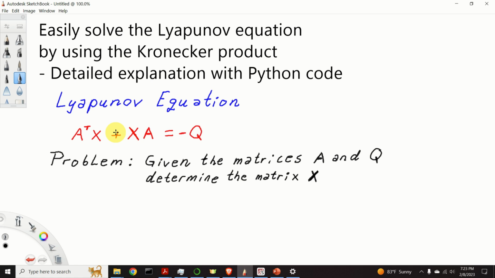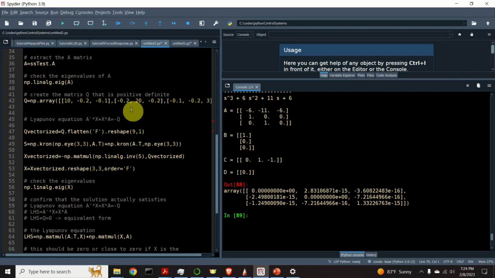In these tutorials we present real and applicable knowledge of control engineering, machine learning, signal processing, robotics, etc. In this video tutorial we explain how to easily solve the Lyapunov equation by using the Kronecker product. Furthermore, we provide a detailed explanation of Python code for solving the Lyapunov equation, and the Python code is given